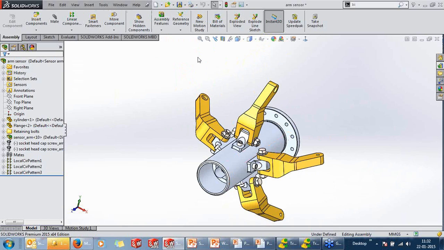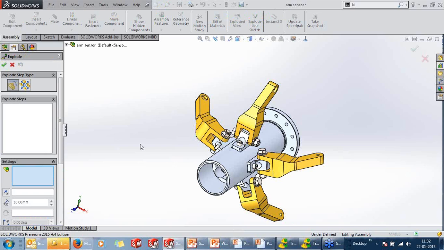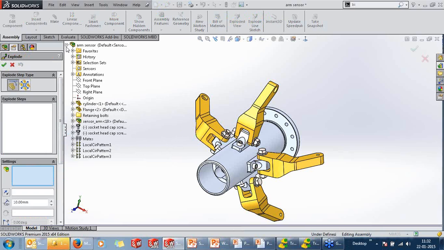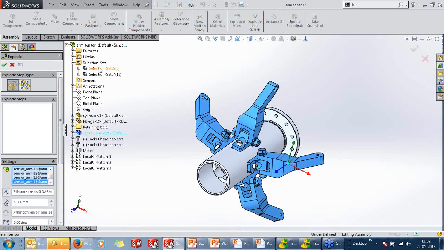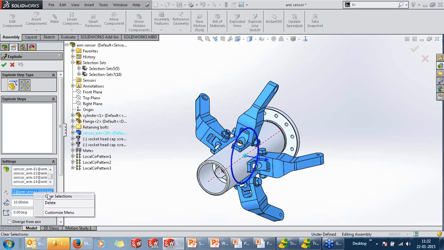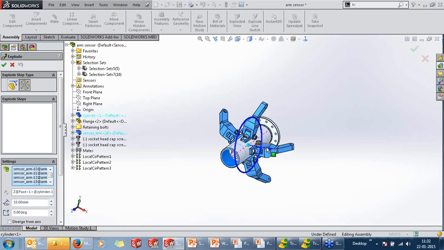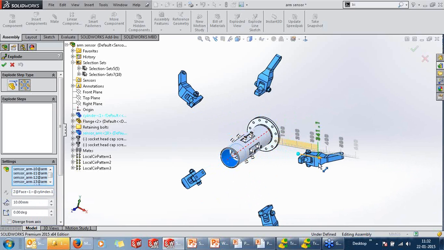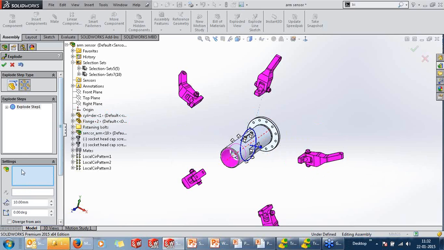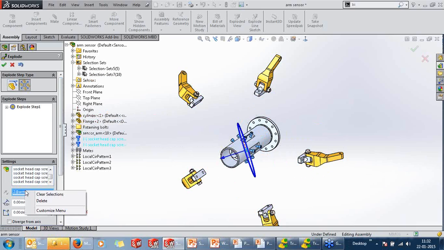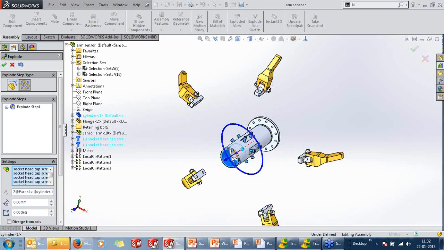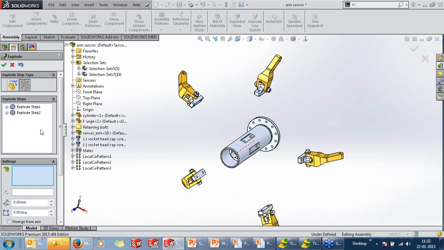Moving further, the main thing in terms of assembly would be exploded views. So in exploded views, we have the new enhancement called the radial explode. I've created some selection sets. Let us select the selection set and explode it radially. I add a direction to it and drag it. So creating this sort of selection set is much easier and faster. We do the same to the second set of selection sets. Add a direction to it and explode. So creating this is much easier and faster.